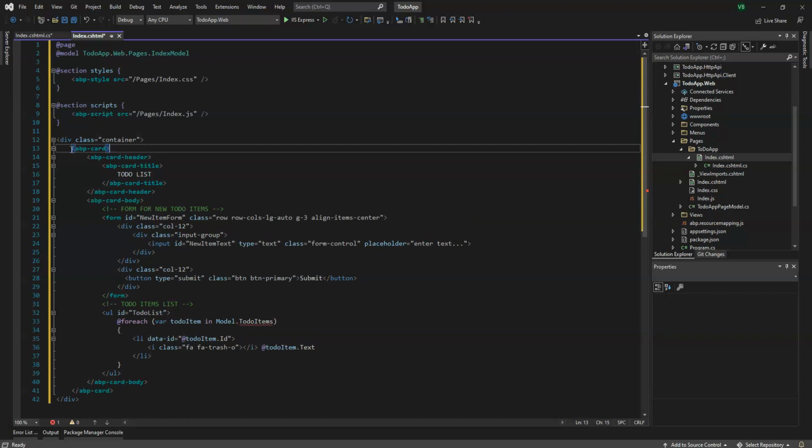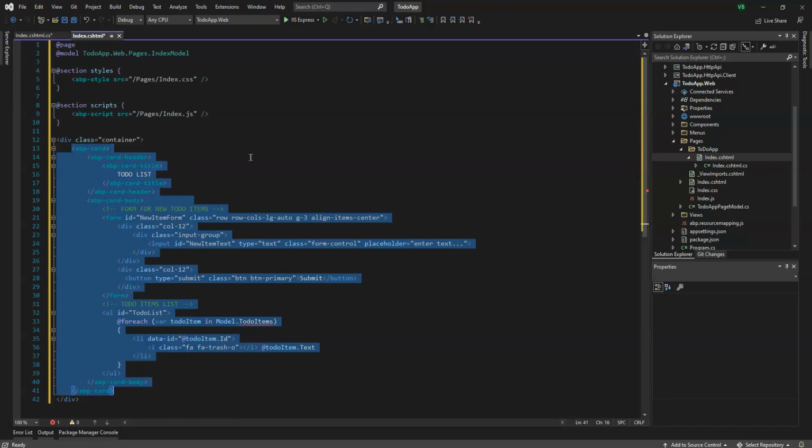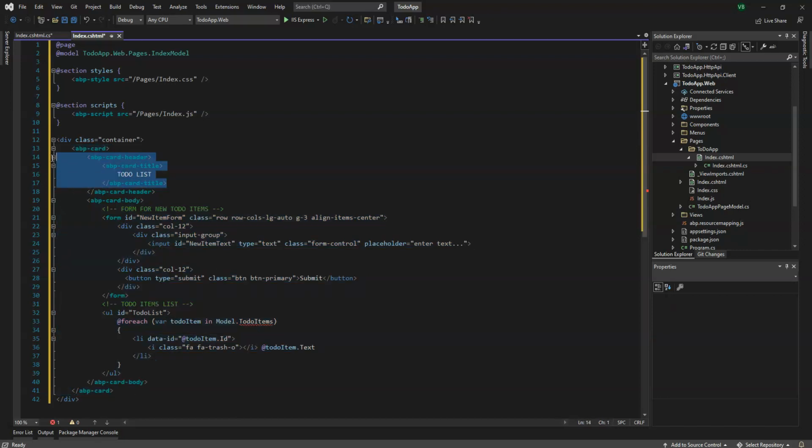So as you can see, there's an ABP card tag helper, and this ABP card tag helper has a header which just basically says To Do List, and then it has a body, and in this body we have a form which actually will enable us to enter in new items. So that is this part over here, and then we've got a submit button next to it, and then below that we've got a list, which is an unordered list, and then we've got some Razor code over here that